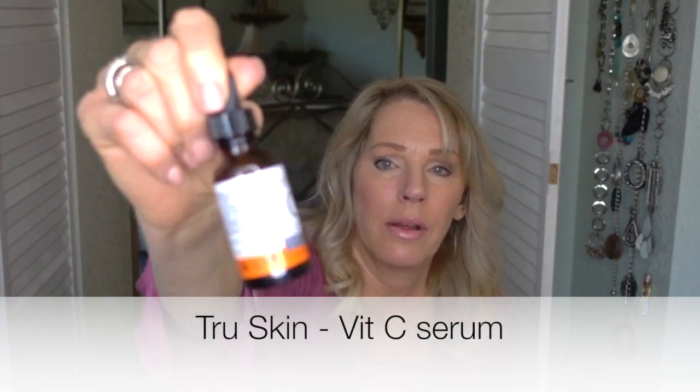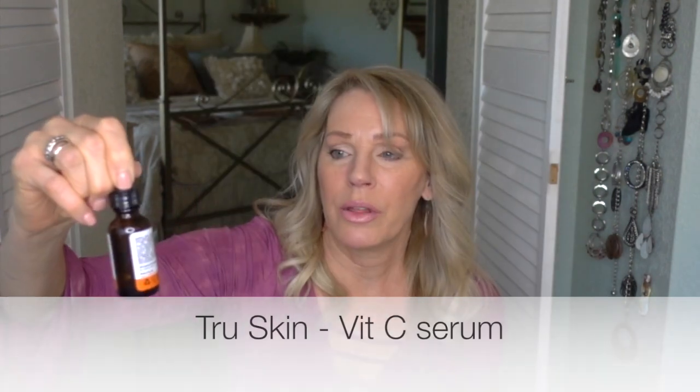So the whole idea behind hyaluronic acid is that it pulls in the moisture and then traps it. And that's what you want. So that's why you want to start with your face damp. You're trying to keep that moisture in. And the other thing to note is that this hyaluronic acid has C and E in it also, which are potent antioxidants. Next product that I use is also by True Skin, and this is a vitamin C with hyaluronic